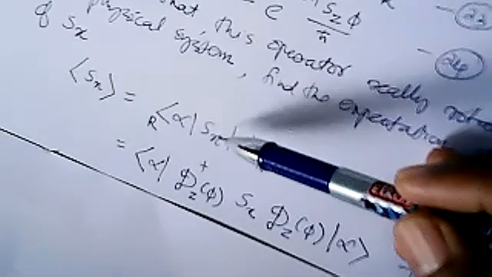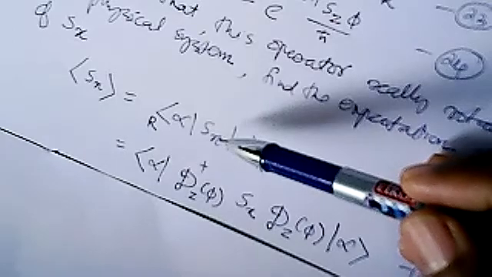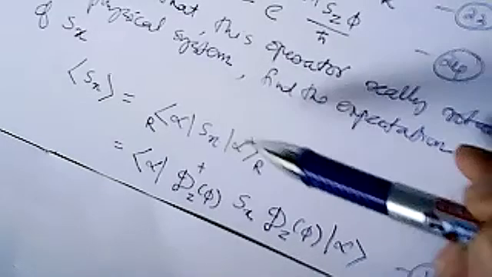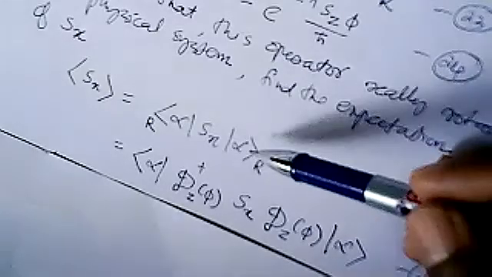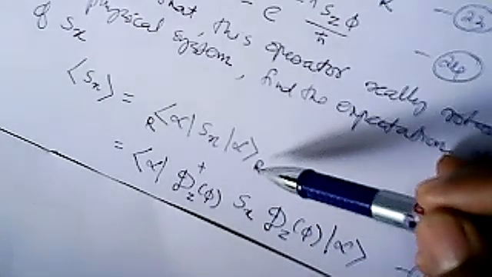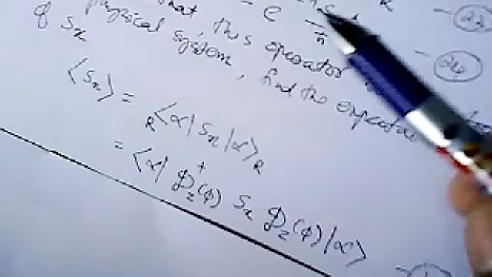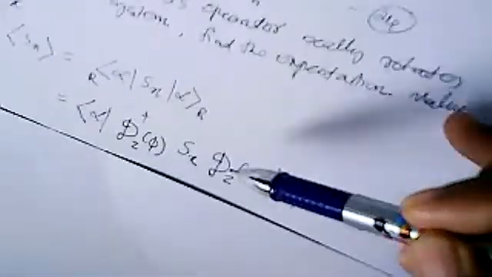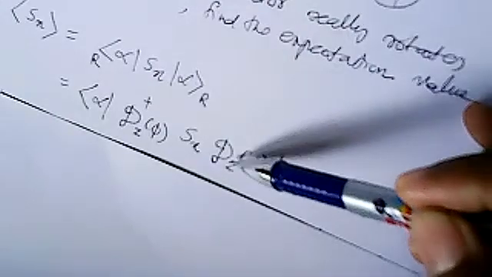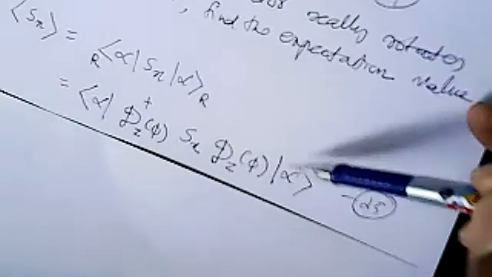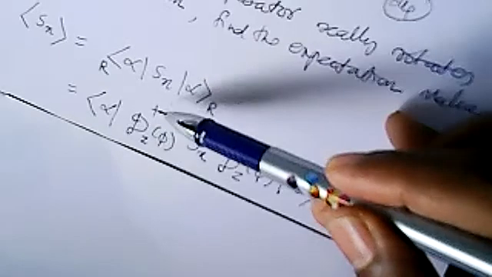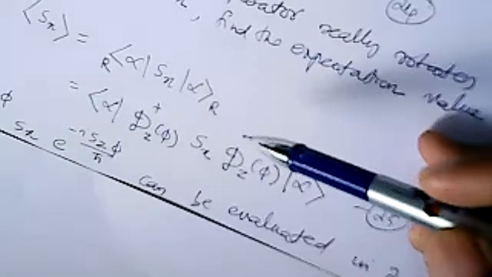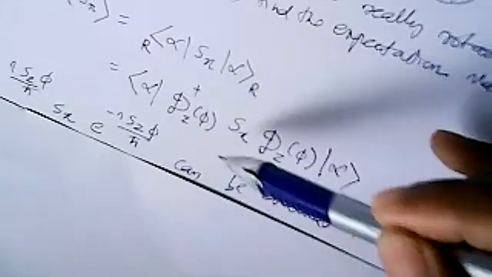for the ket alpha R, you can write, from this relation, what is ket alpha R? Dz acting on alpha. So that ket alpha R you can replace with Dz acting on ket alpha, and here it is Dz dagger acting on bra alpha. Okay, now let us simplify this mathematically,